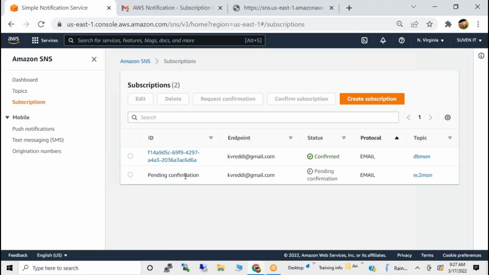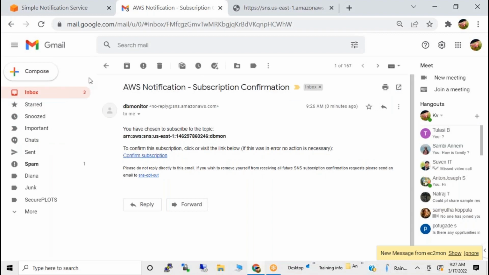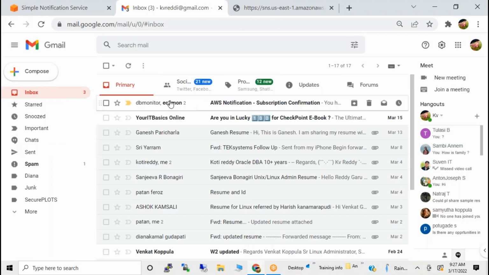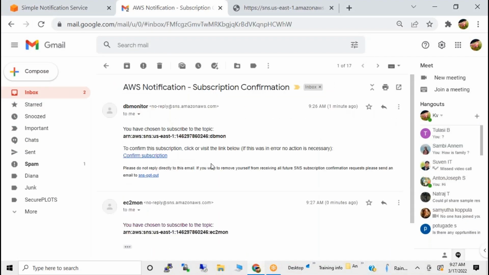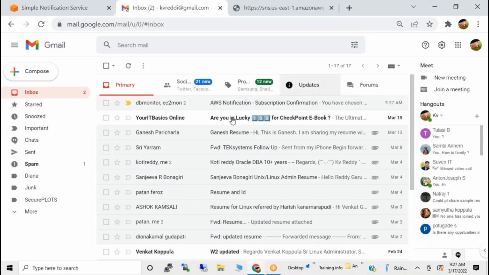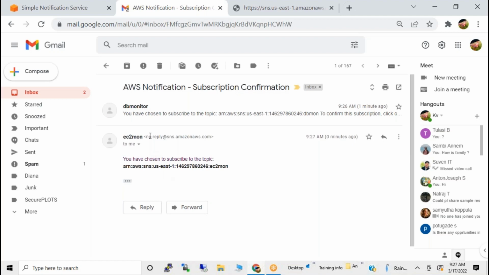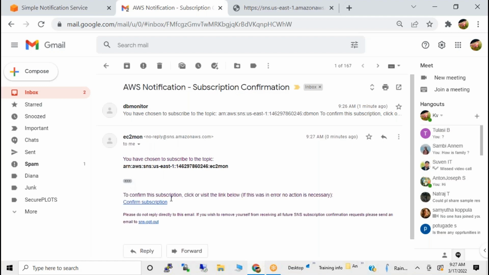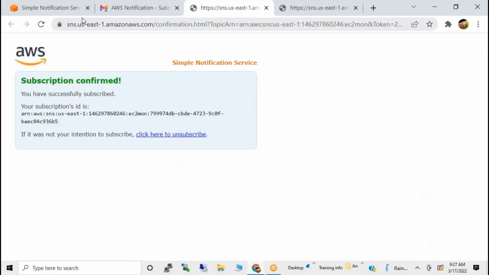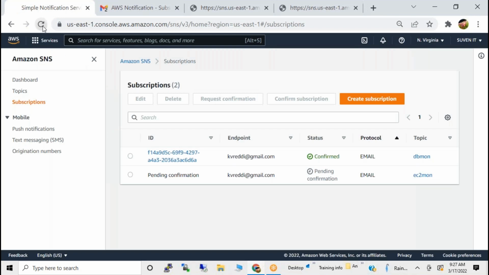subscriptions. Now the two subscriptions are there. If I go here and subscribe, then you are all set. So you can confirm the subscription. It looks like the second subscription is EC2, right? EC2 subscription. You can subscribe for that. That's all. You are all set. You subscribed for both the things. So once you understand this,